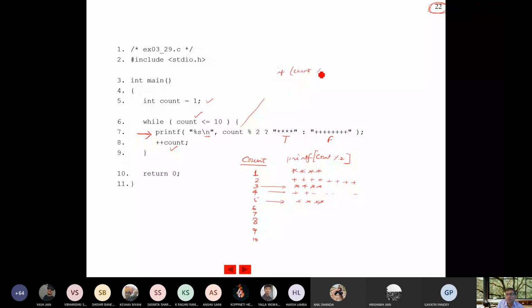It is if count mod 2, okay, I'm not writing anything, equals to 1 or 2.